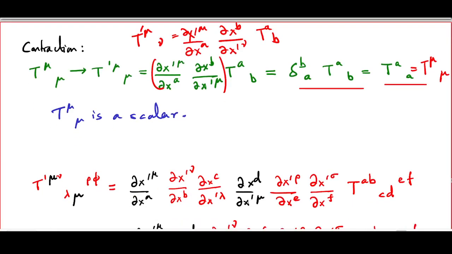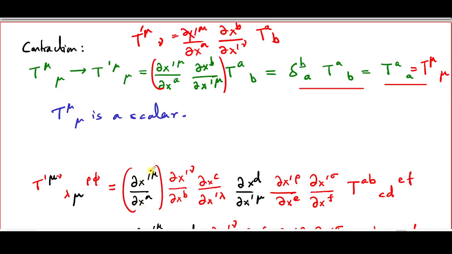Well, you can do something similar for a more complicated scenario. Suppose you have mu nu lambda sigma rho phi for indices of T, four upstairs indices, two downstairs indices. And instead of mu and sigma being different, we put them equal and added up over all possible values of mu. So, nu, lambda, rho and phi are the only free indices left. The mu is a dummy index, it no longer can be ascribed a particular value. The important thing is, when you carry out a transformation of coordinates, this mu with the upper sign will give you a